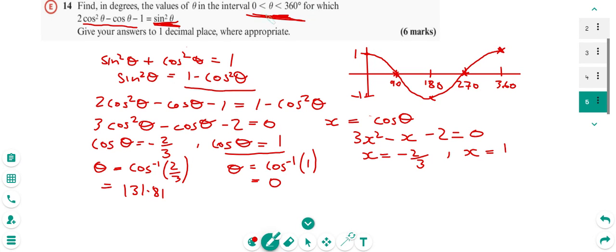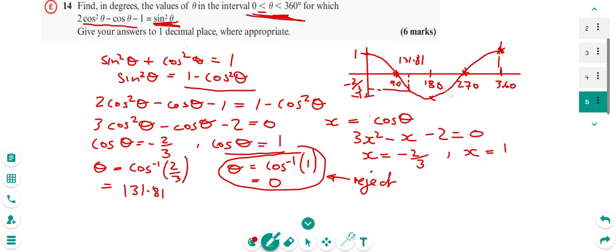And our calculator has given us the value at 0 for cos theta equals 1. But because we are only interested in values of theta that are greater than 0, we can reject that one. And also the other value that is in the range up to 360 is actually at 360, so we could reject that value as well. So we can reject this one because it's not in our range. So we're only interested in this one, and that's given us this solution here, approximately, which is minus 2/3,